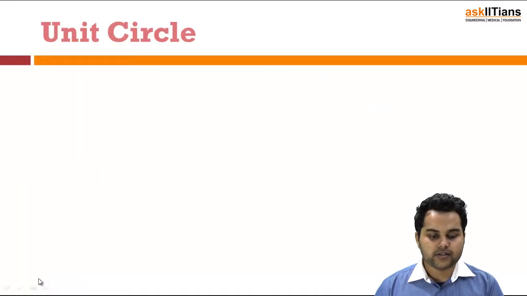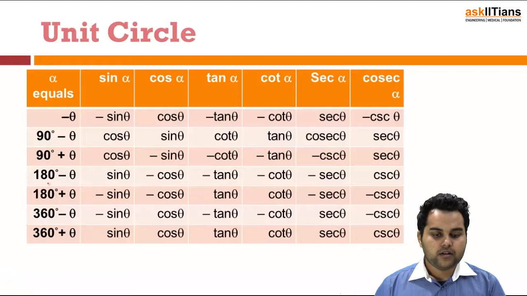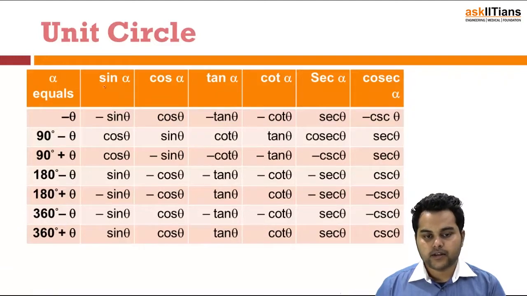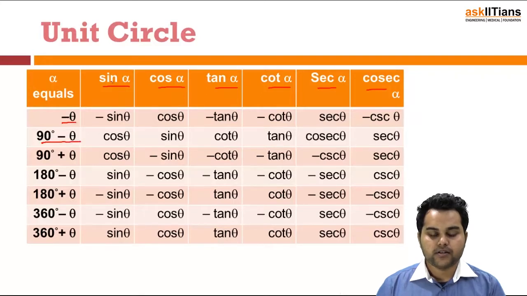Let's have a generalized table for these rules, with the 6 trigonometric ratios, and the angles pertaining to them: minus theta, 90 minus theta. That is, sine of 90 minus theta, when alpha is replaced with 90 minus theta, would give cos theta. So I'll write down in which quadrants these angles would lie. Negative theta will lie in the fourth quadrant, that is, clockwise from the origin towards the fourth quadrant.